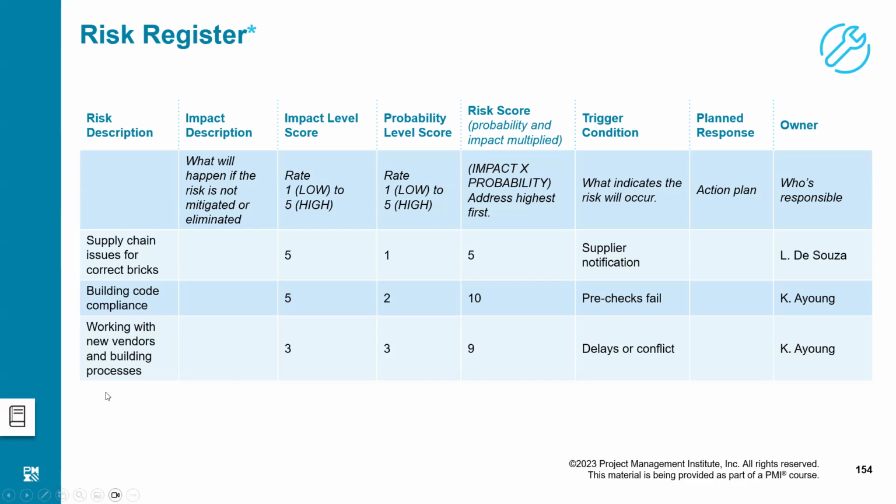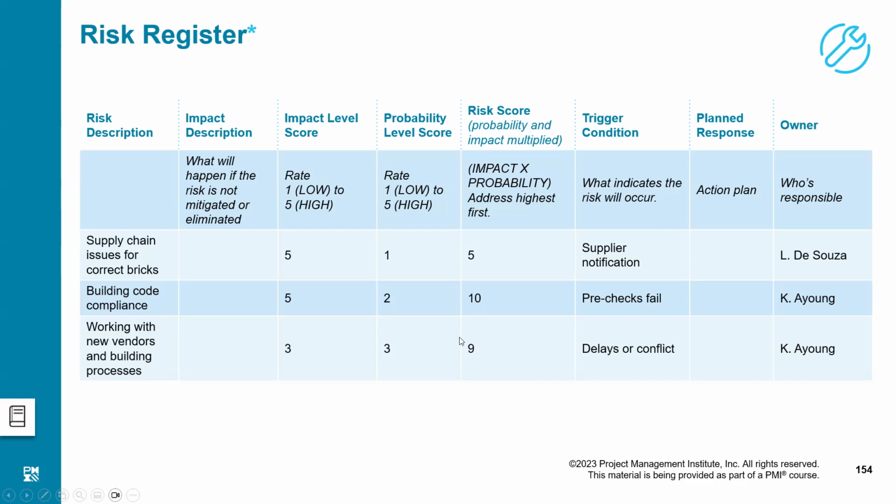For example, these are the three risks. You may develop different columns, like impact description could be provided in front of the specific risk here. Impact level score 1 to 5, that could represent time, cost, scope, and quality. And then we have got probability from 1 to 5. And then we multiply the value of impact with the probability. That is, value of impact is 5 and probability is 1. So 5 into 1 is 5. This one is 10. Next is 9. So if somebody asks you which is the biggest risk, I would say this one.